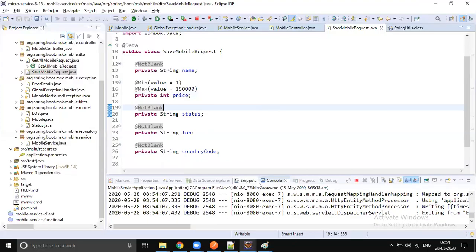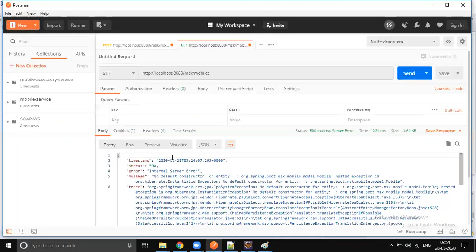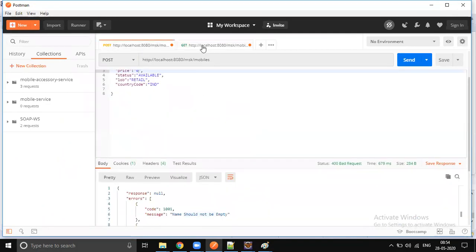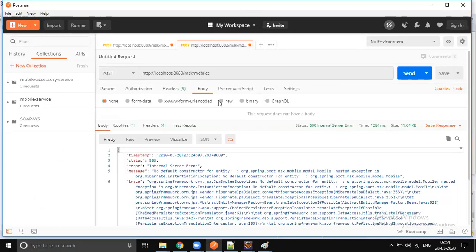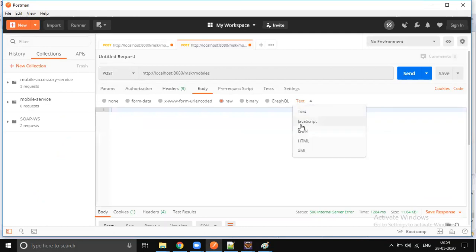Yeah, good, right? I think it's a mobile. So we are trying to test the validations, right? It's not a get request. It's supposed to be a post request. So let's send the request. Go to the body section. Let's select raw and select JSON. Okay, let's try to send the name empty.